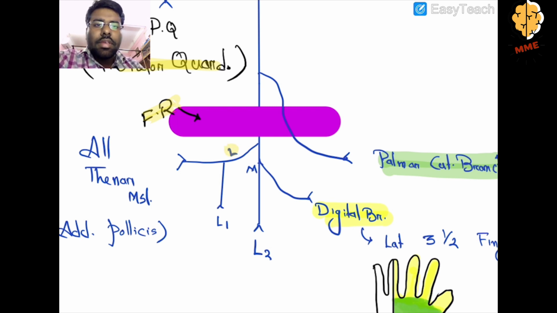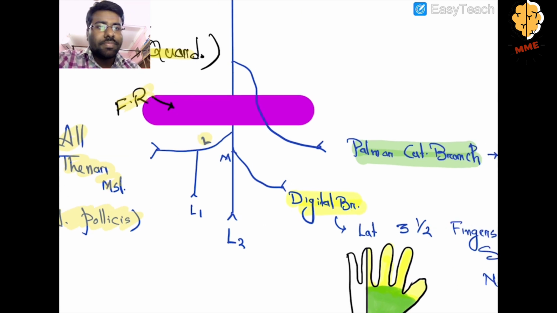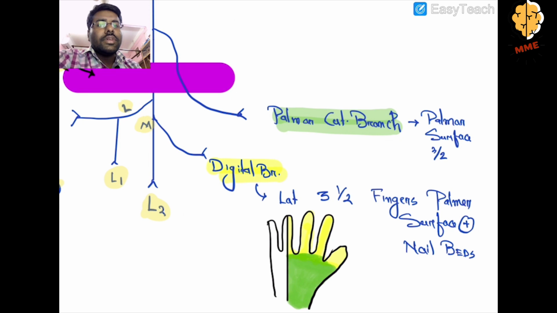The lateral division gives innervation to all the thenar muscles except adductor pollicis, because adductor pollicis is supplied by the ulnar nerve. The lateral division gives innervation to the L1 lumbricals, and the medial division gives the L2, and the medial division gives a digital branch which supplies the lateral 3.5 fingers, palmar surface and nail bed sensation. You can notice the yellow color. The yellow color is given by only the digital branch,